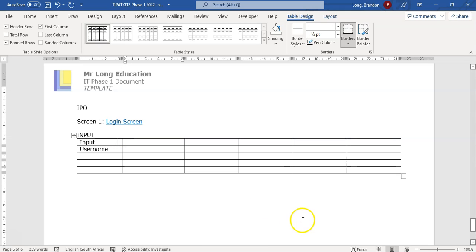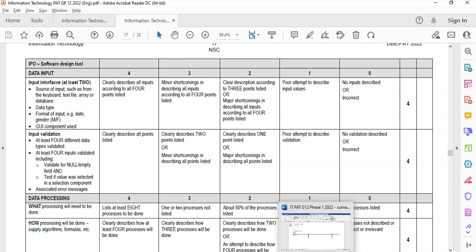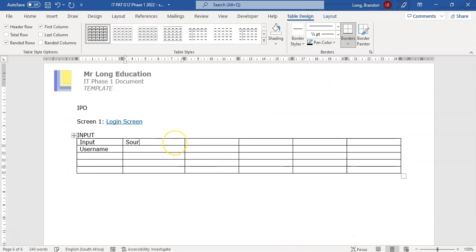Then they want me to have the source of the input. So where is it coming from? You're going to use the words keyboard, text file, array, or database, where we get this input from. So this is going to be the source of it, and that's going to be from the keyboard. So you can just write the word keyboard. The other words that you could use, as they said, text file. It could be text file. I'll put it on a new line, e.g. text file,